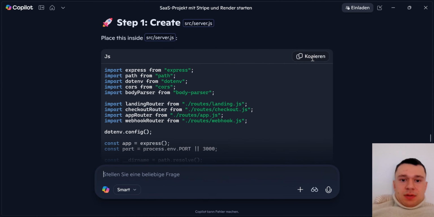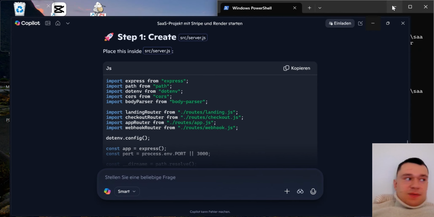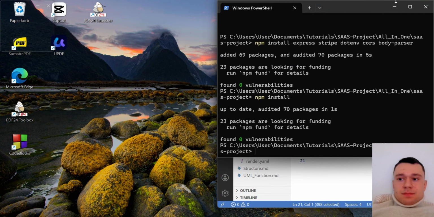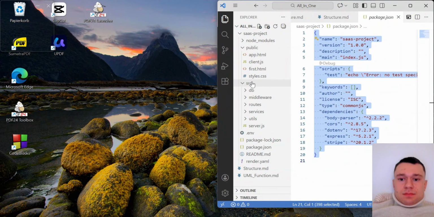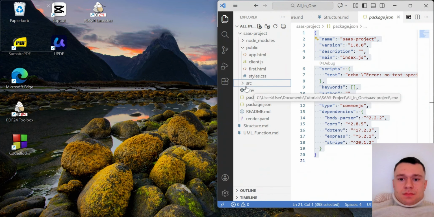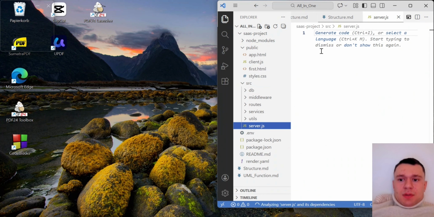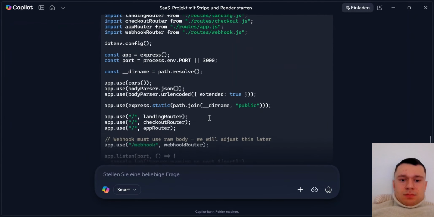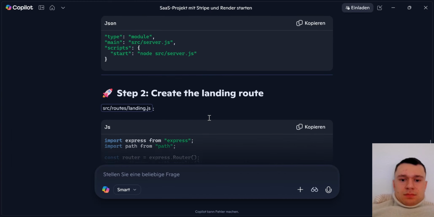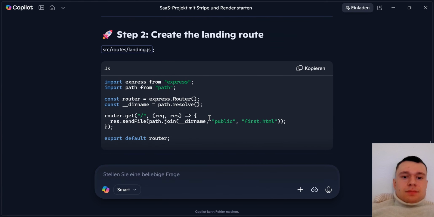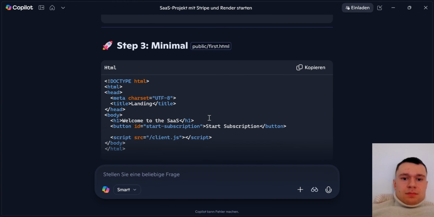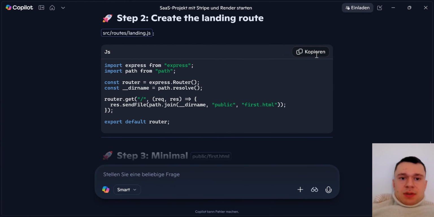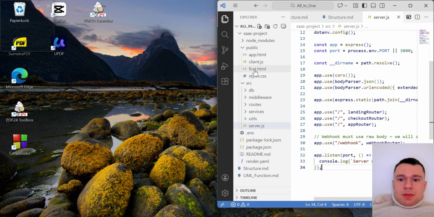And now in the source.js file, now copy this. Okay. Then 11.js leads to